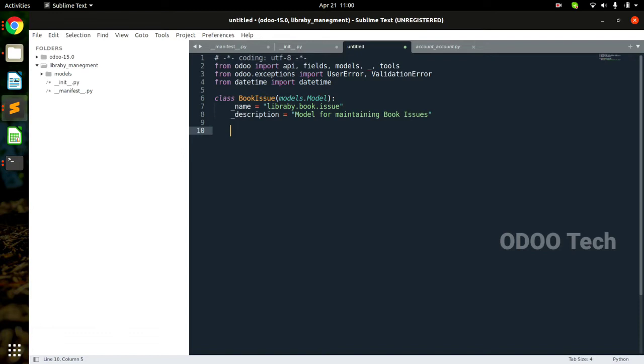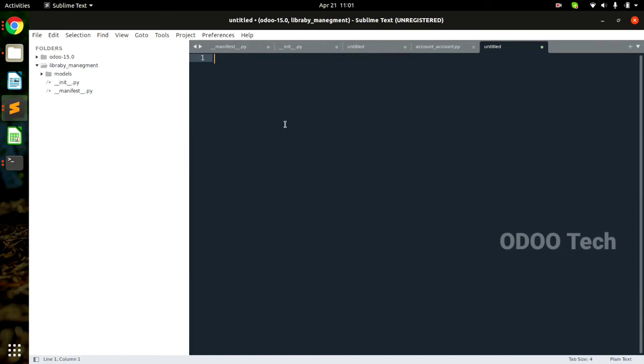So today we're going to learn the definition of normal fields. How are we going to define the normal fields? So first of all we have to think logically. So let me open another file, and here we're going to list down what kind of fields we can include for book issue. So first would be the issue number. Now issue number has the type character, because issue number can be issue dash 001, or it can be 001 only also. So we're going to give the character.